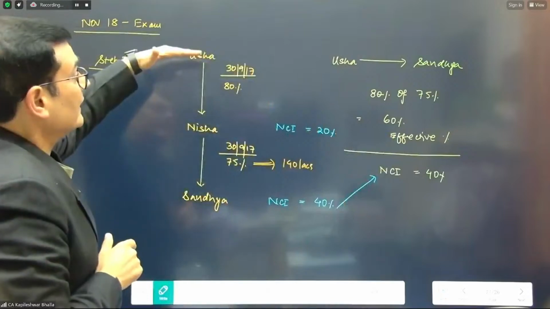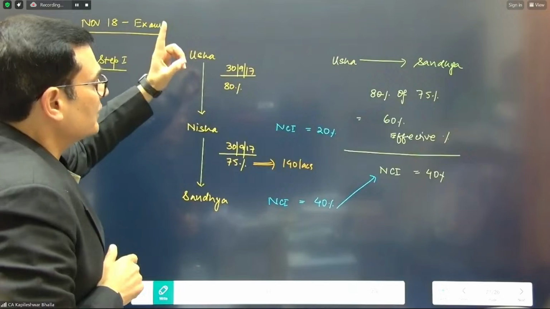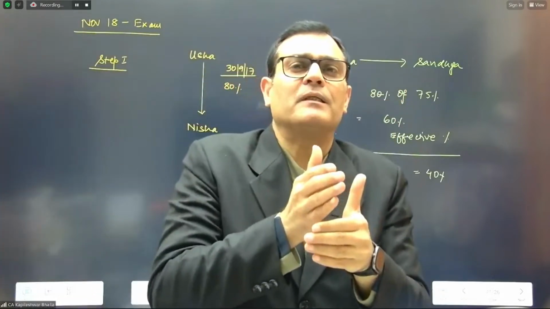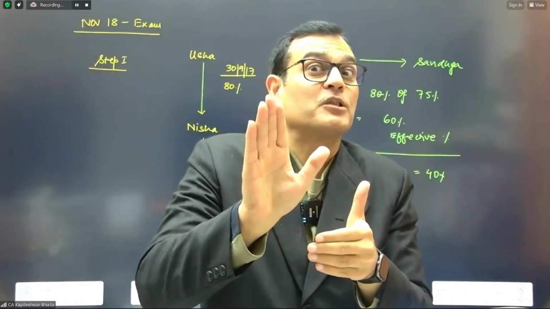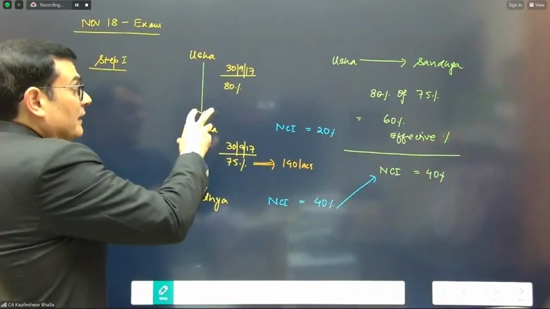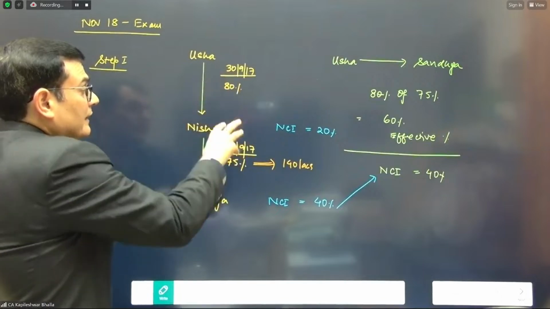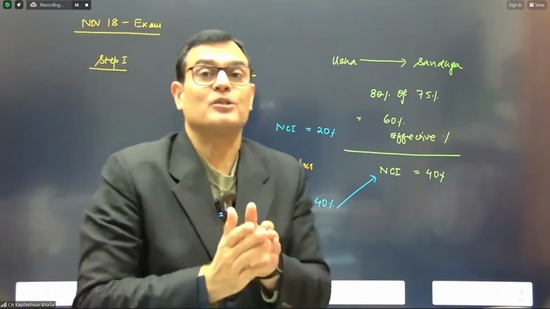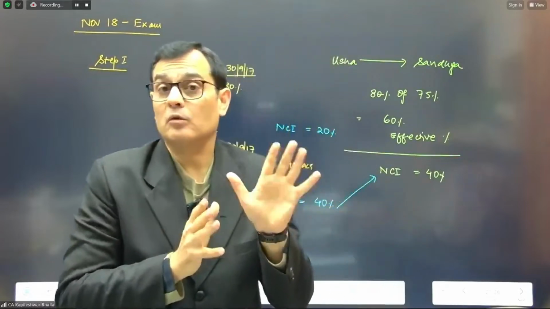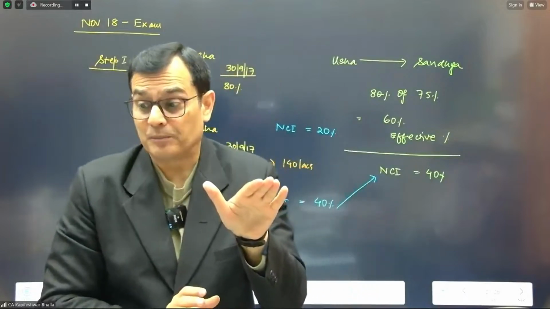So we can say that 80% of the money is funded by Usha and 20% of the money is funded by the NCI. So whatever investments the middle company will make is not fully financed by the top company. Please mind the words. Whatever investments the middle company will make is not fully financed by the top company. Only 80% of that money is funded by the top company. The remaining 20% is funded by outsiders. Please vouch me on what I said, because this is the most crucial point. So please vouch me. Did you understand this part?